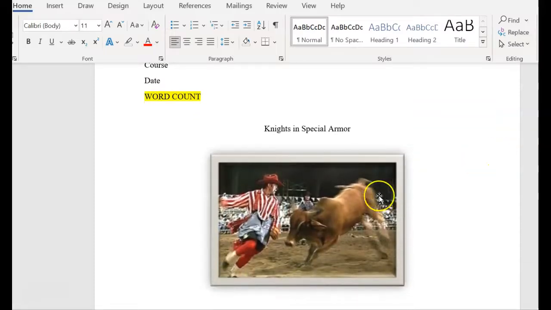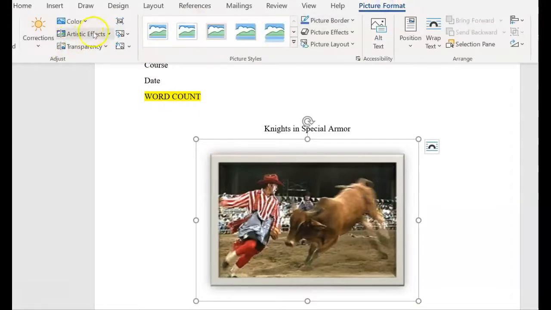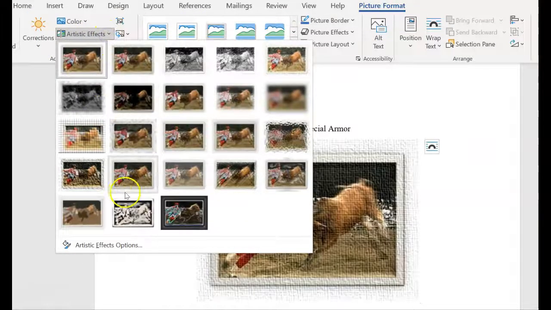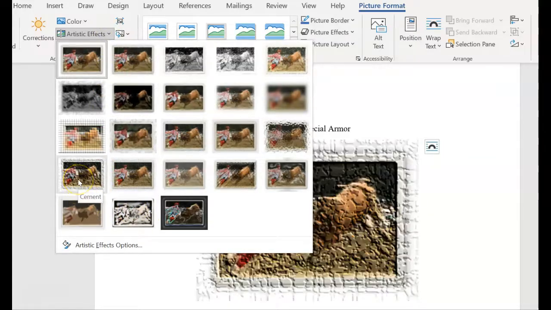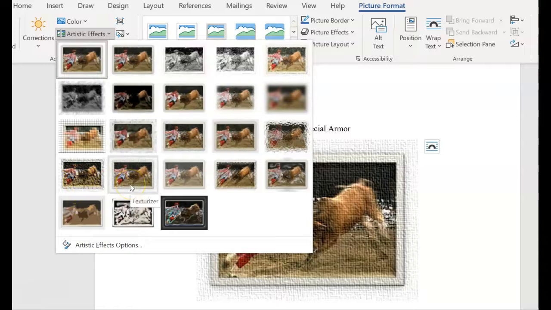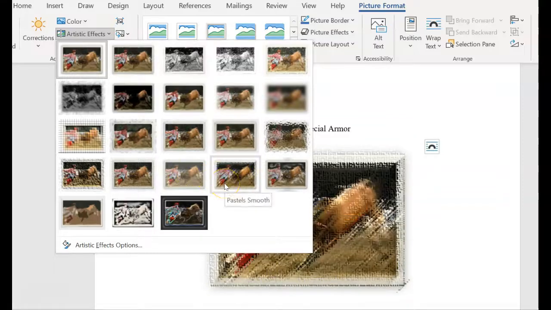Okay, so now I could get excited and maybe go up here and play around with different ways to do that title picture, as long as I am not confusing my reader. And if I make this look cartoon, that's not the plan for this assignment. Now, if I'm writing a cartoon, that's different. But if I want to play around with this just a little bit,